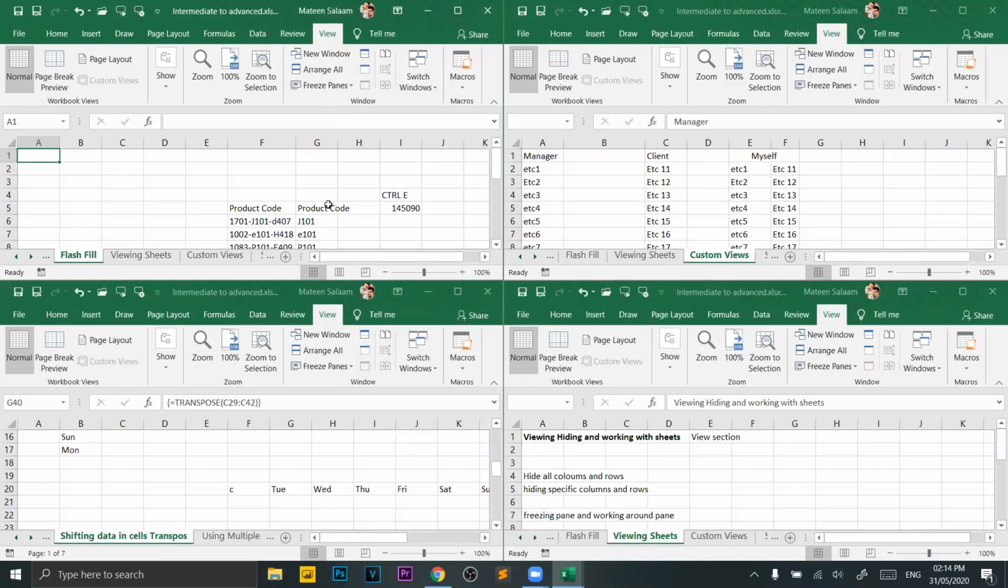Now, what happens is that whenever I change something in the one sheet, the same way, all the other things are also changing. If I go to this flash fill and if I change something here,